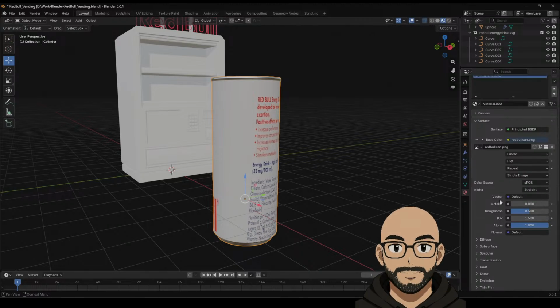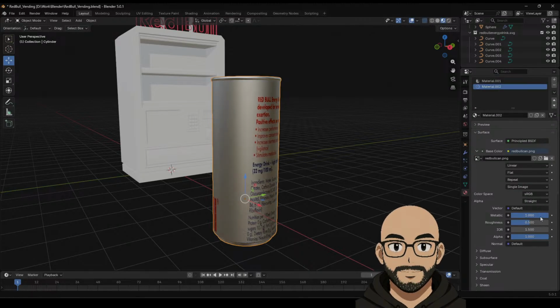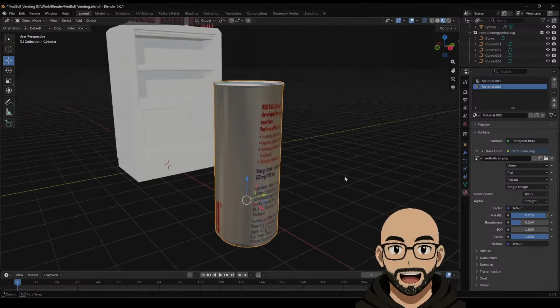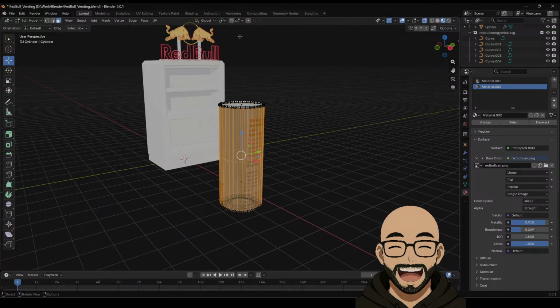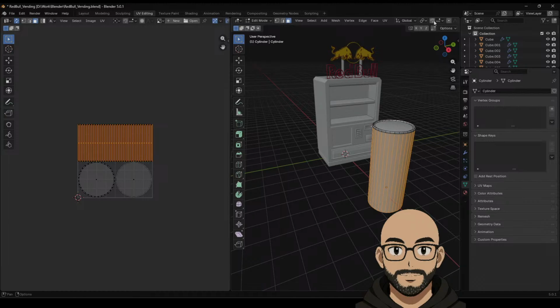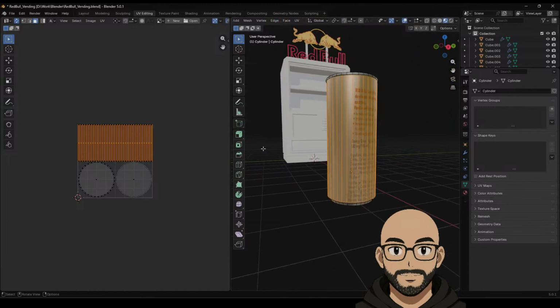So what I'm going to do is fix this up with some metallic and then really rough. There we go. Oh, not very rough. There we go. We have a can. So go here, UV editing. And then I could swap those textures out. I'm doing it kind of crappily, but